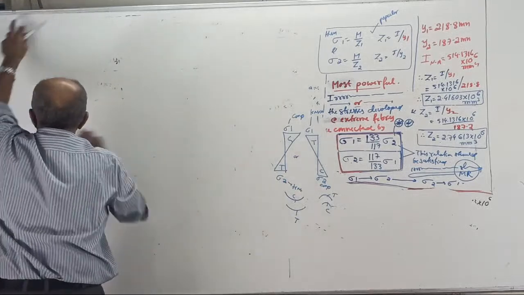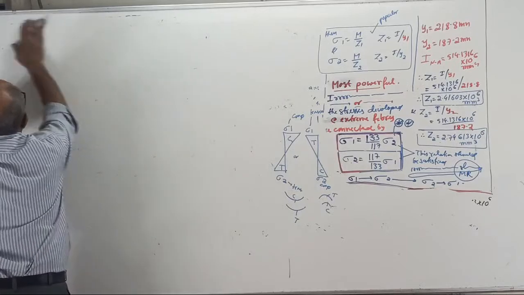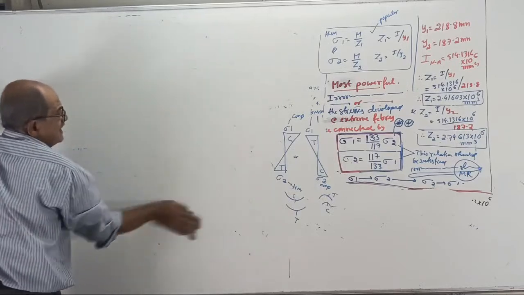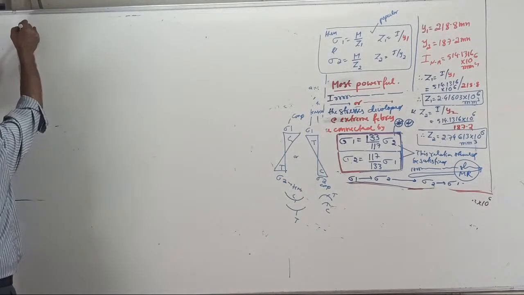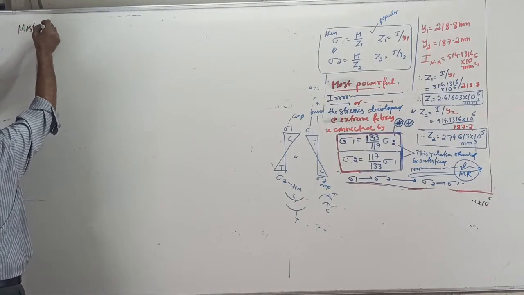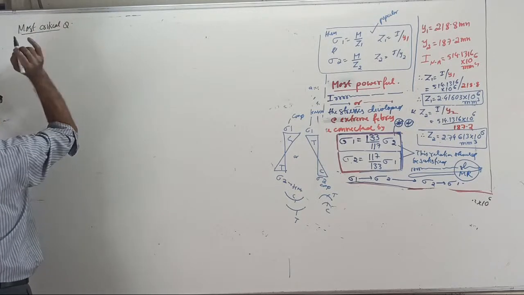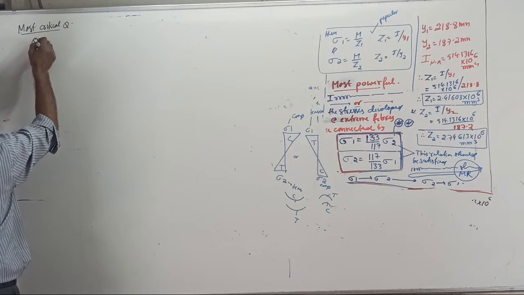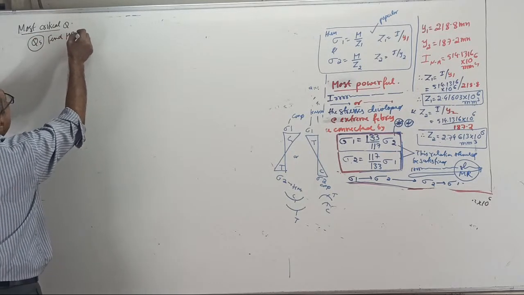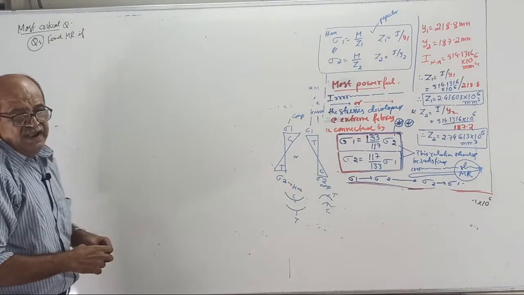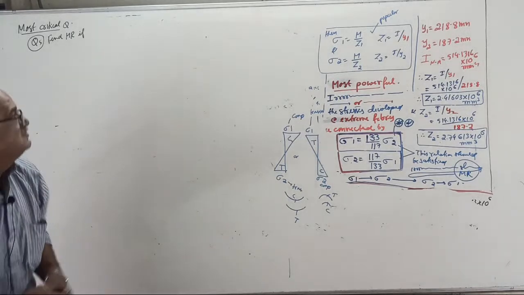Question number 5, part 2, questions 5 and 6. Two questions are there. Now, the most critical question. Question number 5. Find MR if